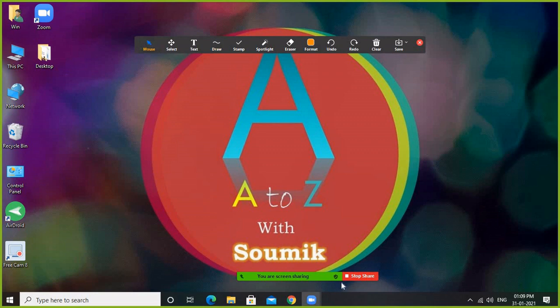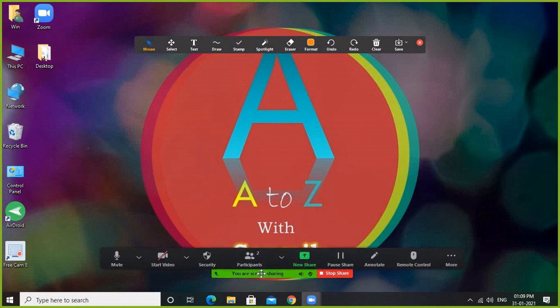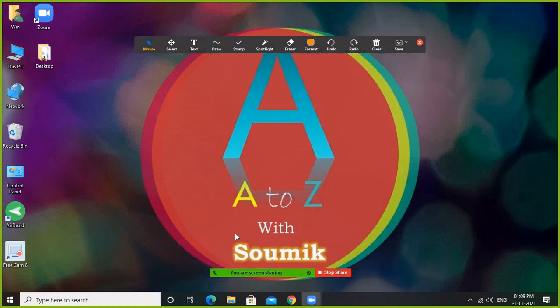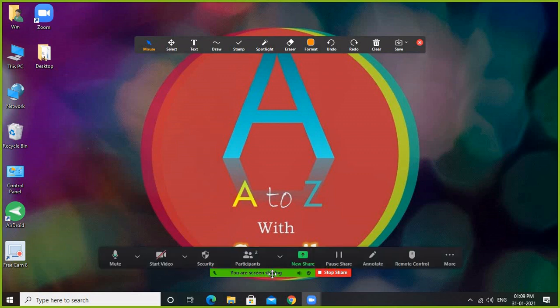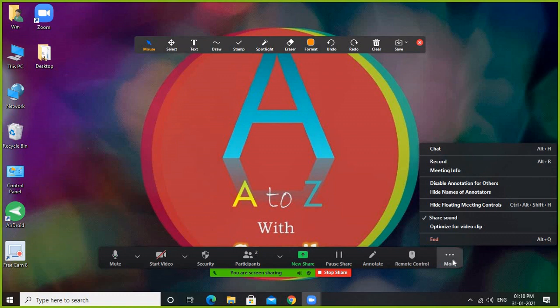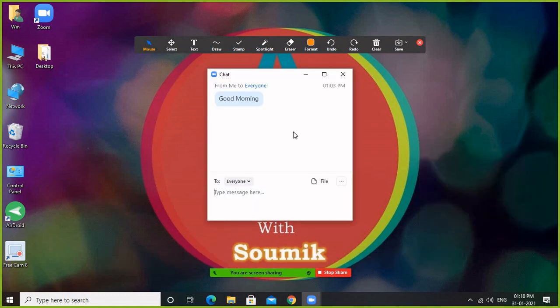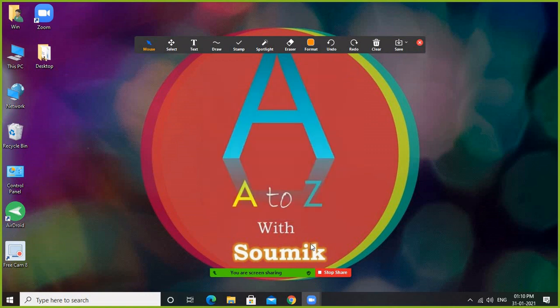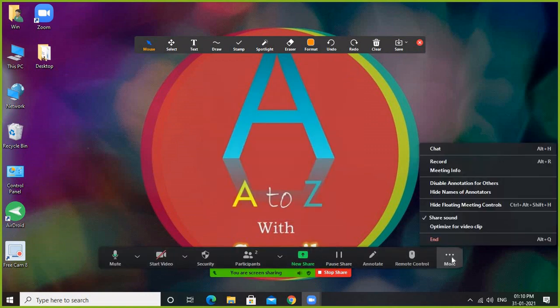Go to the option at the very bottom. You can see your screen sharing option, and at the very last you can see the more option. If you want to see the chat, click on it and the chat will appear. If you click on the more option, a very important option is disable annotation for others.